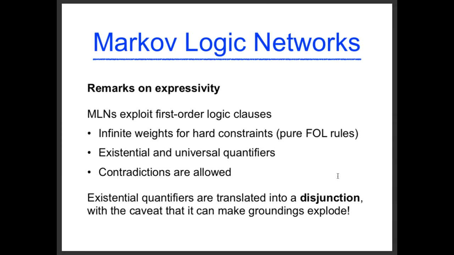So some remarks on expressivity here. You can exploit first order logic. As I said, you can use infinite weights if you want to ensure hard constraints, so pure first order logic rules. You can use existential and universal quantifiers, okay? The existential quantifier is translated basically into a disjunction. So be careful to use that because the number of groundings can explode. If we have time, we'll show an example later. And of course, you can write rules where contradictions are